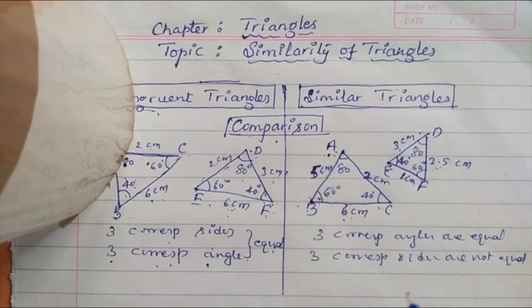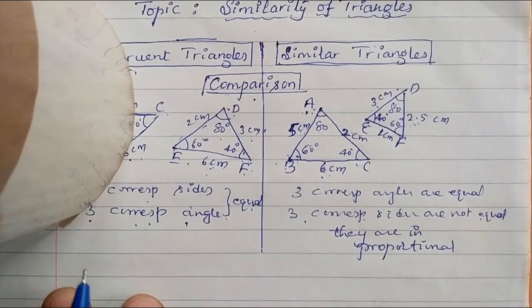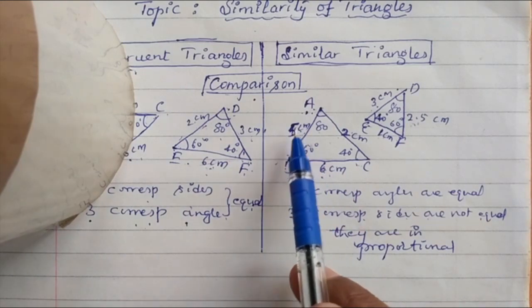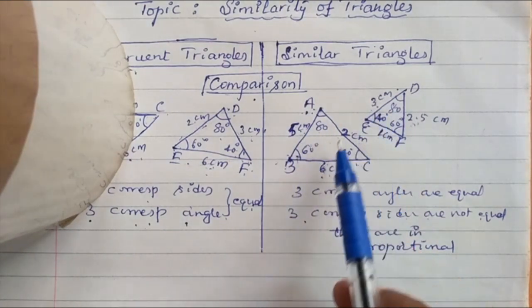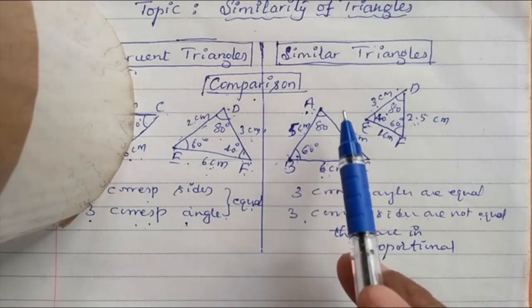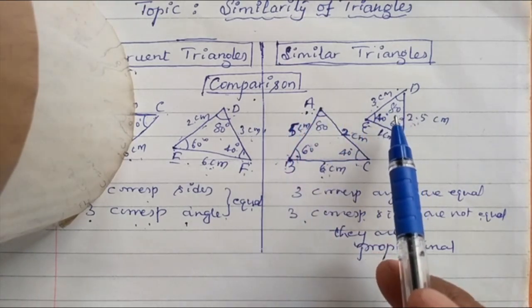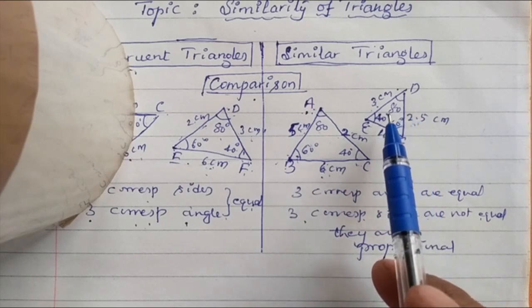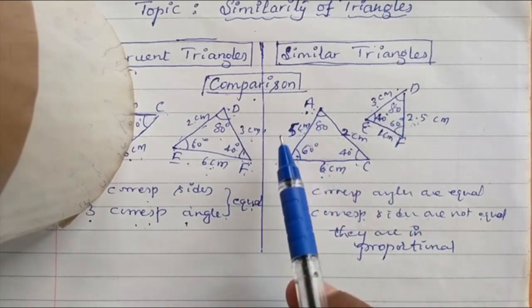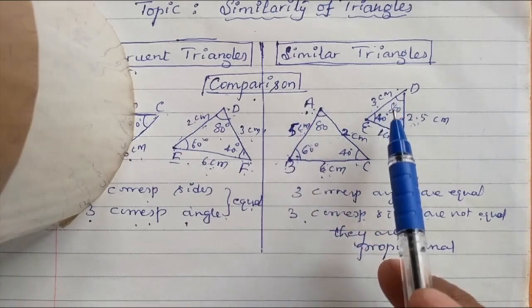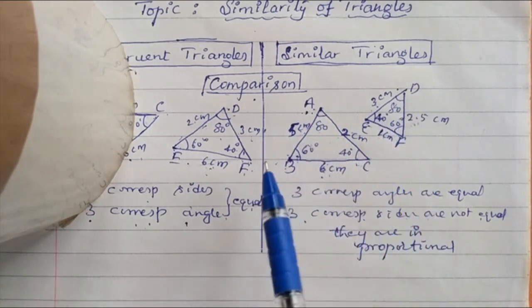Then what exactly is going on here? Three corresponding sides are not equal, of course, but they are in proportion or equal ratio. The three corresponding sides are in proportion. How come proportion? 5, it's half. 6, it's half 3. 2, it's half is 1. So all the three sides of first triangle, its corresponding sides are not equal from the second triangle, but they are half in length. The first triangle, all the three lengths, its corresponding sides here become half of that. So some relation is there.